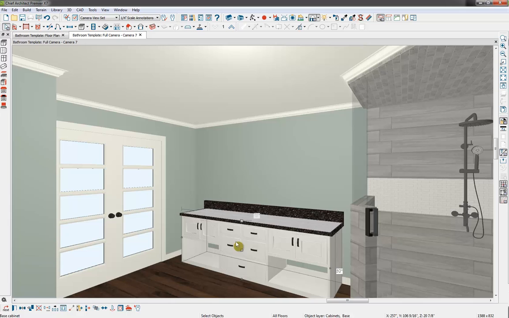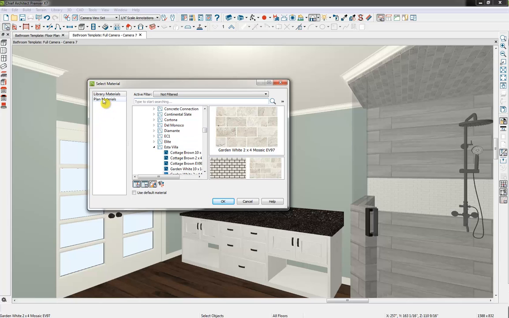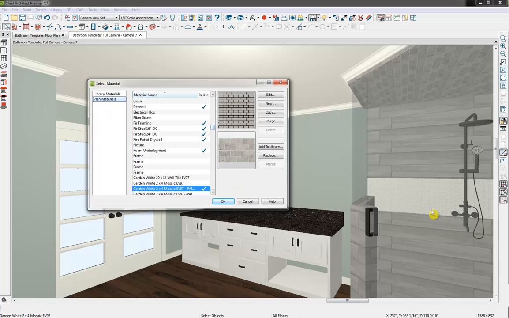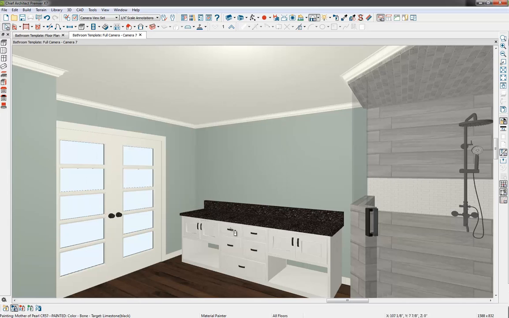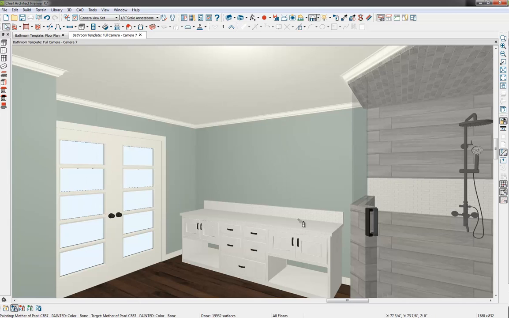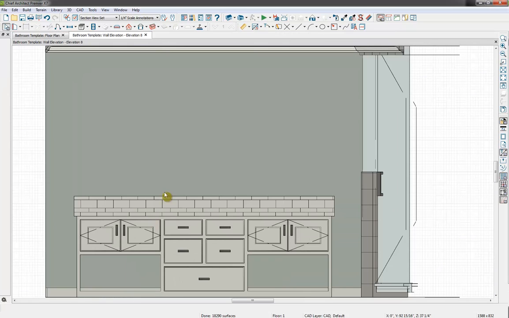And the last thing I want to do with this vanity is just change the material of this cabinet. So I'll go into my material painter, get into my plan materials because I want to grab this tile. So we'll scroll down till we find that, and we'll paste it onto the object. There we go. So now let's get into an elevation view. So I'm going to exit out of this full camera for now,